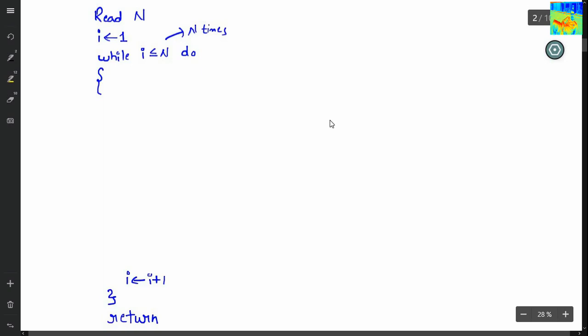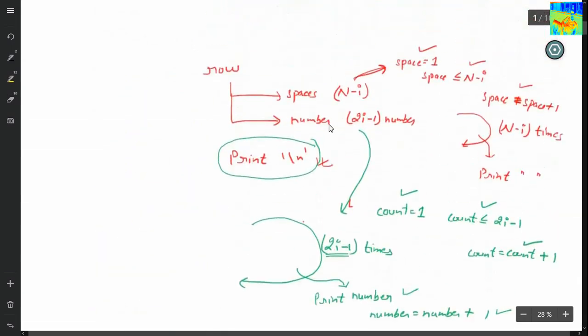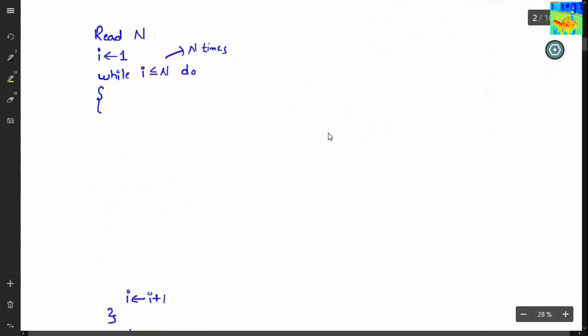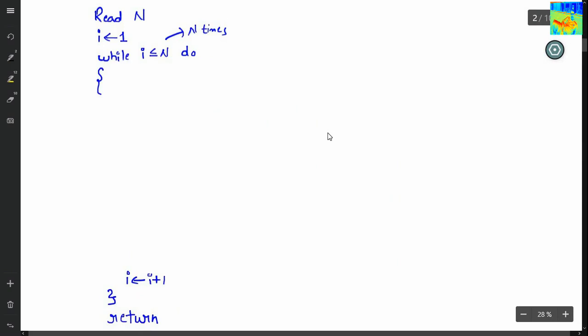So for printing a row, we have decided that first we will print spaces. So how many spaces I have to print? I have to print n minus I spaces, and I will use a loop. Okay, so spaces equals 1 while spaces is less than or equals to n minus I. While spaces less than equals to n minus I, do.